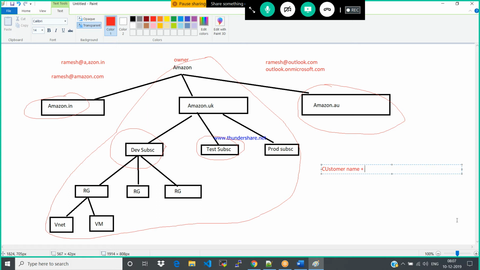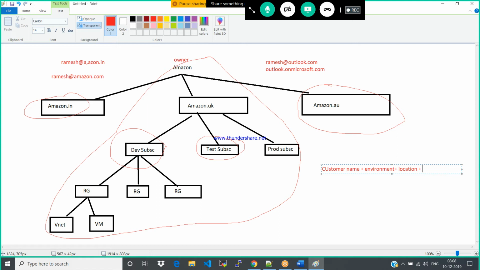Okay. Environment, whether it's production or dev or test, whatever it may be. Location. What is the location? As I told, you might have one subscription.